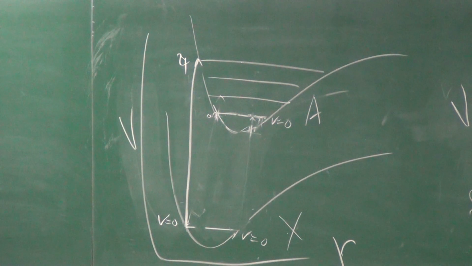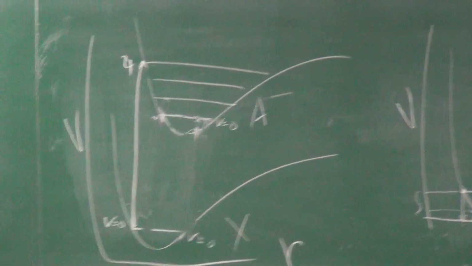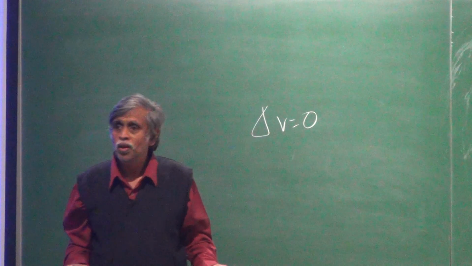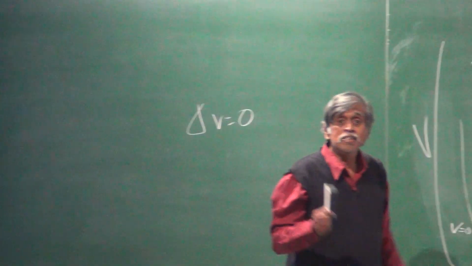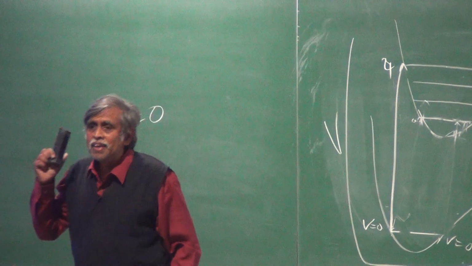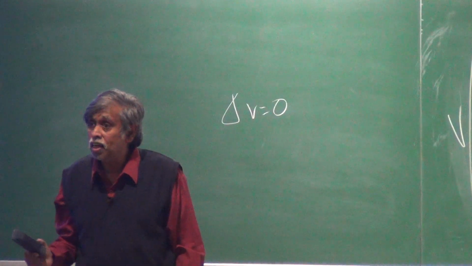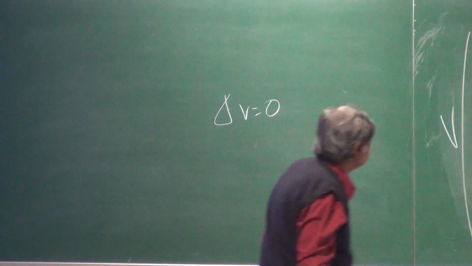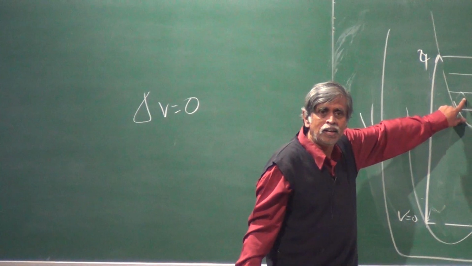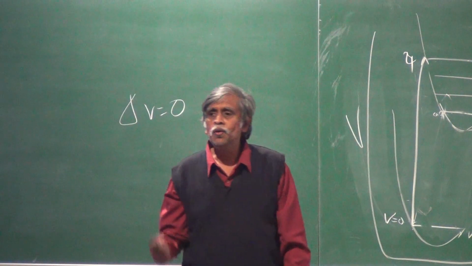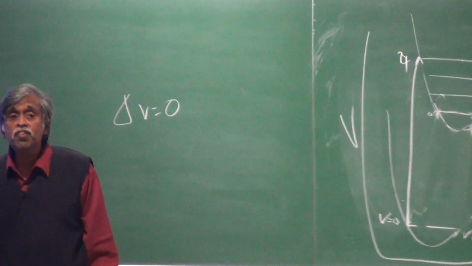It can therefore go from V equal to 0 to V equal to 4, but it can't go from V equal to 0 to maybe V equal to 0 or V equal to 1, simply because it cannot keep the internuclear distance constant and it cannot keep the velocity constant if it made a jump from 0 to 0. And therefore, as per Franck's statement, which I have written over there, you have to ensure that any transition